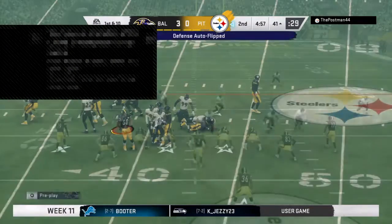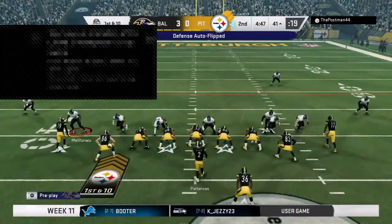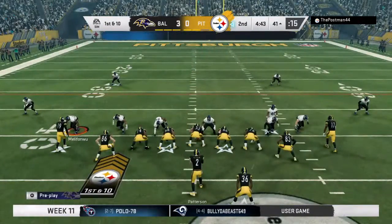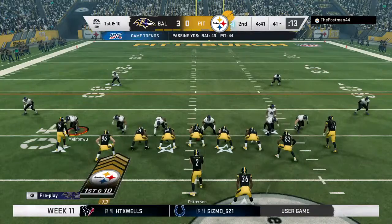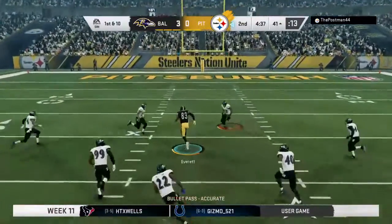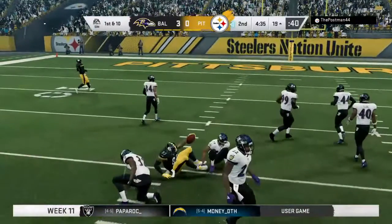2nd and inches is oftentimes an invitation for an offensive coordinator to take a big shot downfield because he feels like he can come back on 3rd down and pick up the 1st down. But sometimes you just don't want to break tendency. Stay with what you are, stay with who you know, and go get the 1st down. That's exactly what they